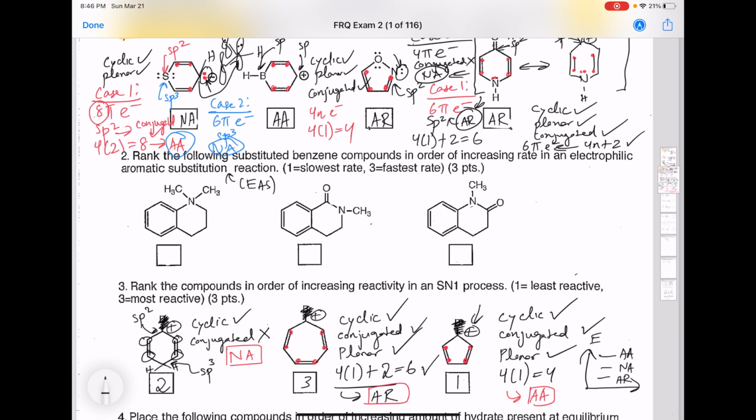So for this reaction, we are asked to rate these by an increasing rate. The important thing to realize about an EAS reaction is that the more nucleophilic the substrate, or the compound that we're working with, the higher the reaction rate. So how do we increase the nucleophilicity of a given molecule? We can do that by adding activating groups, also referred to as electron donating groups,